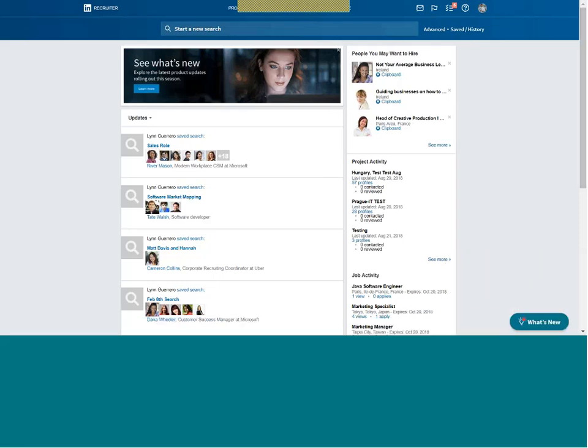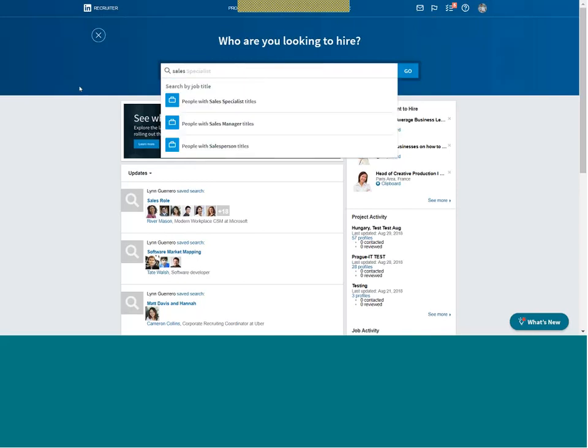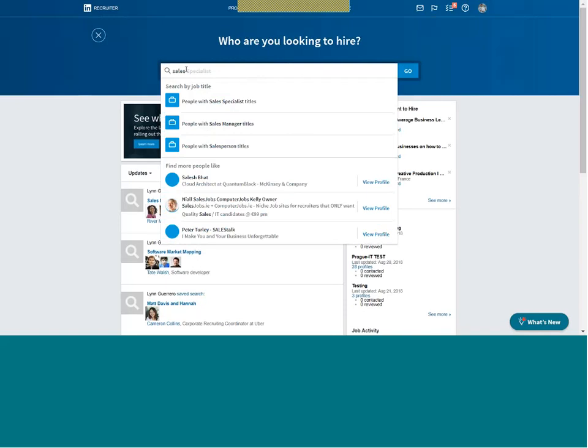Okay, so I mentioned there are 3 ways of searching. The first is what you've seen in the presentation, which is called a guided search. So if I just type in a job title, I type in sales, you see I get these options. This is LinkedIn trying to help you. So when you type in the word sales, you see we get